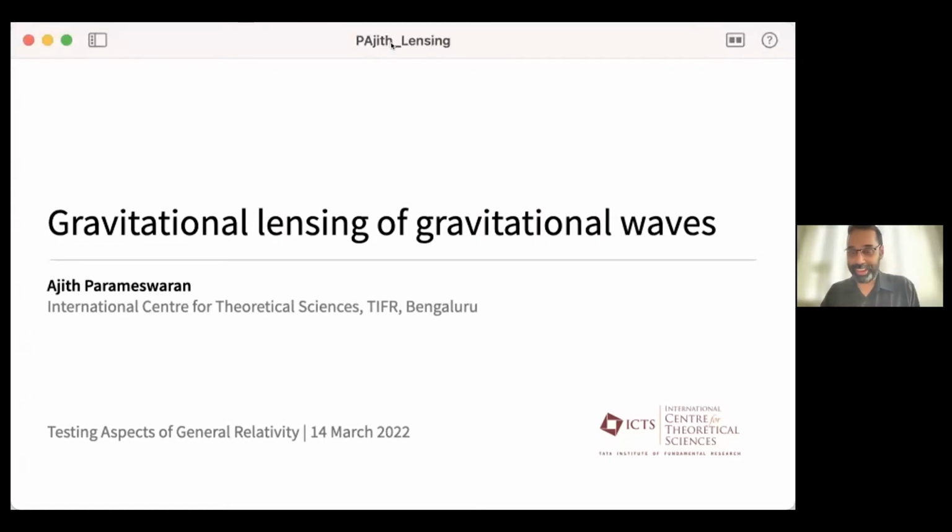So today I'll try to give you a sense of a subfield of gravitational astronomy, which is the gravitational lensing of gravitational wave signals. I think this is going to be a very interesting tool that we will receive in the next few years. And I'll give you a brief sense of what the challenges and prospects are of detecting lensed